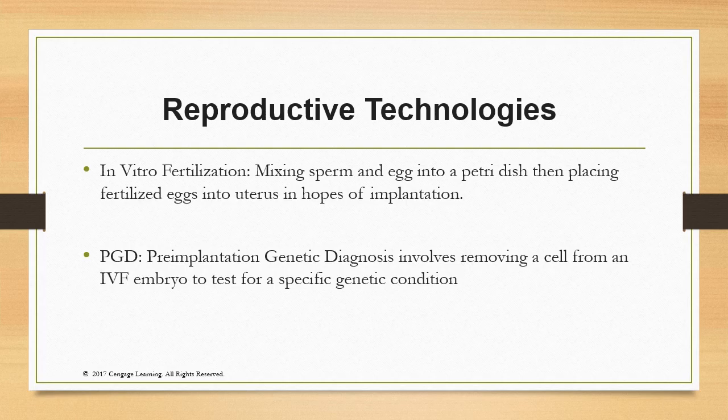Once the doctor has those eggs, he's going to get a sample of sperm from the father, and then he's going to put the sperm and the ovum, the egg, together to create an embryo. And out of that 20 to 30 embryos, the goal is to have maybe 8 to 10 viable embryos that actually fertilize. Out of that 8 to 10 fertilized embryos, he's going to take maybe the best 4 and decide